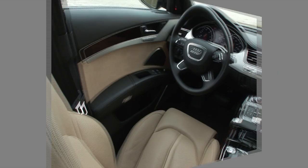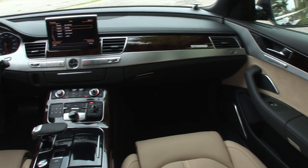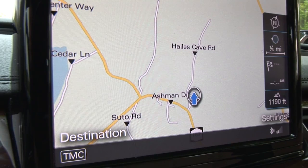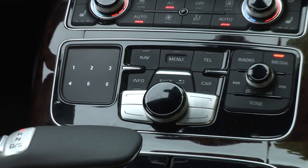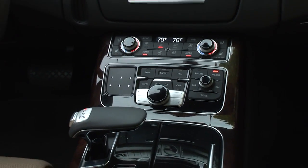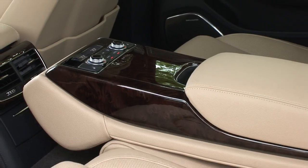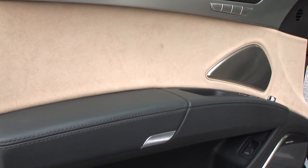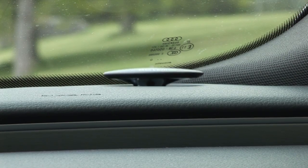The new interior design is nothing short of spectacular, featuring a new electronic shifter, the latest MMI system including a touchpad that recognizes handwriting for text entry apps, and a visually stimulating yet simple layout benefiting from the highest craftsmanship. My A8 is super loaded with extras, like the $6,300